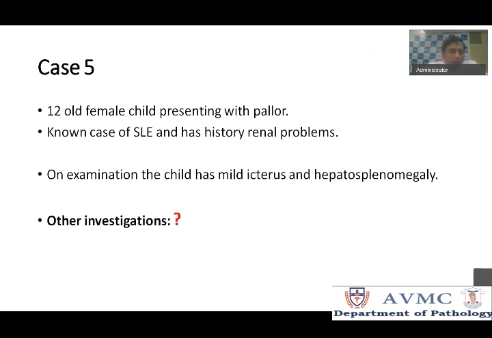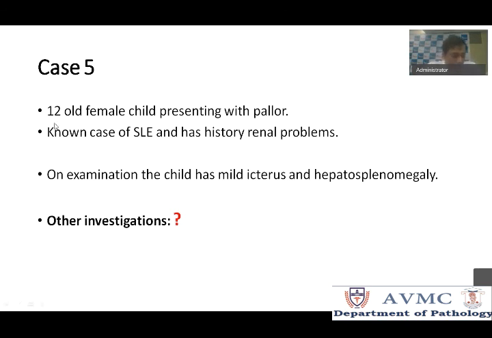Now osmotic fragility is practiced, but it is a more laborious and time-taking test. There is one more test, which is called the eosin maleimide test or EMA test by flow cytometry, which can also be done. Till now textbooks were saying only osmotic fragility, but now EMA has come up, and it's a very good test for diagnosing membrane disorders. It is nothing but the eosin maleimide test by flow cytometry. So we have just seen hereditary spherocytosis. Let's go to the next case.